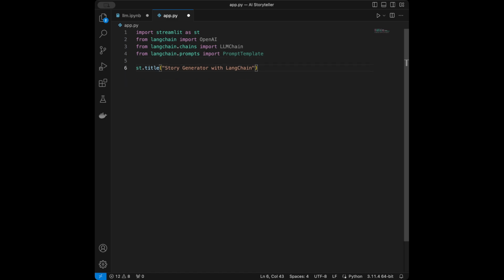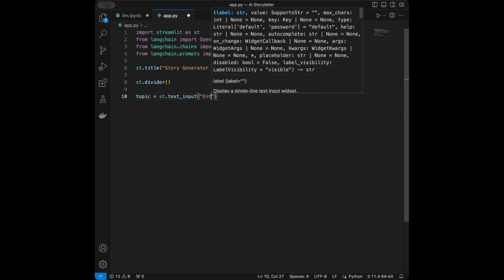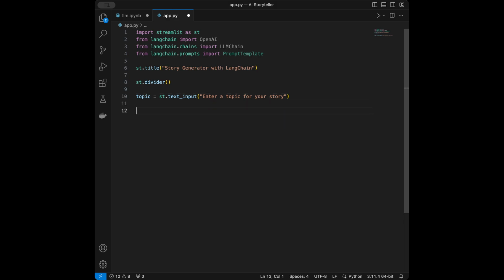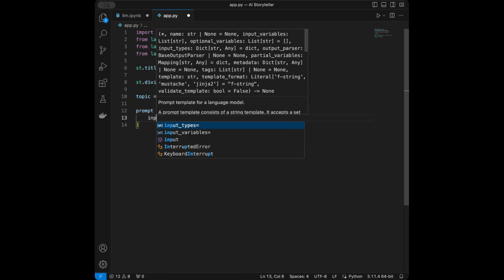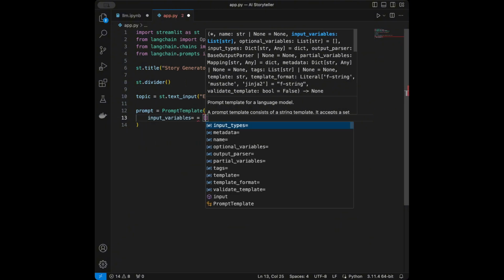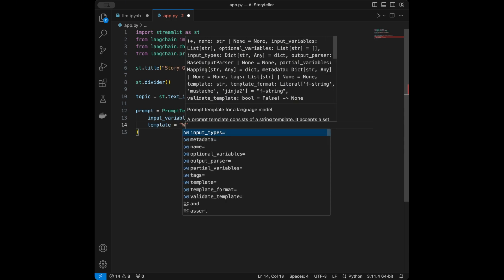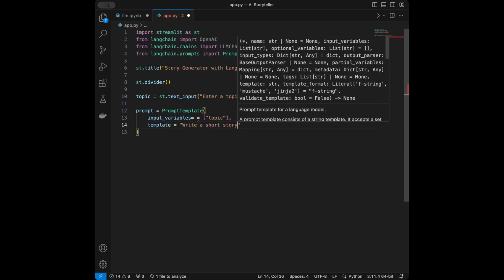So next what I'm going to do is, actually let's use Streamlit.divider for getting a better looking user interface. We will say topic, and we will say Streamlit text input, and we will say enter a topic for your story, and then we are going to create our prompt template. Input variables is going to be topic, and we will say template is going to be write a short story